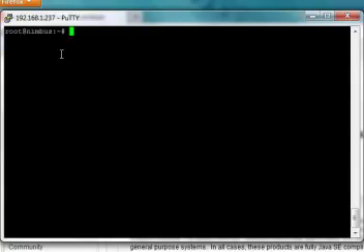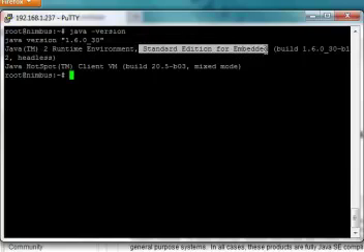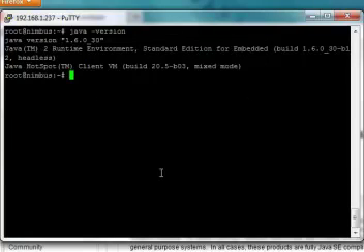We've already installed Java SE Embedded here, and we can confirm that fact by just typing java -version from the command line. And you'll see that it comes back with the version 1.6.0_30, and that it is a Standard Edition for Embedded version. Now, Standard Edition for Embedded means Standard Edition compatible, which means that we can take advantage of all of the SE compatible software that is out there in the world.